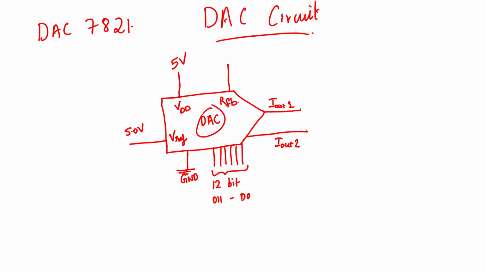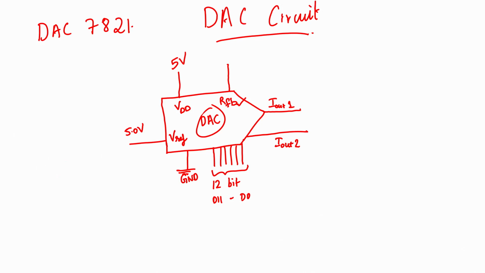You have already covered digital to analog conversion in the theory portion. I will not go into the details of it because this is a practical session. You might have gone through the R to 2R ladder like this. The R to 2R ladder would be there, and at the end of it the signals would be amplified using an amplifier, and there would be a feedback resistor like this. That is how the design is. So this is the feedback resistor. But the resistor is already inbuilt because it is related to the R2R network. The resistor is already inbuilt in the DAC.